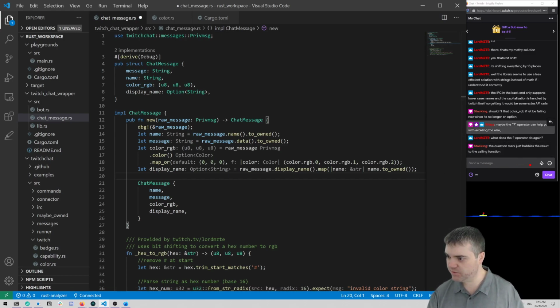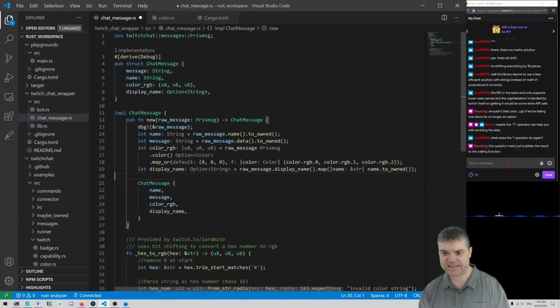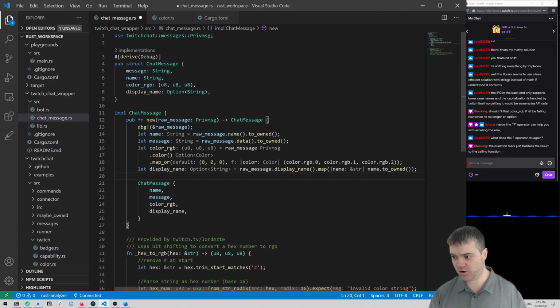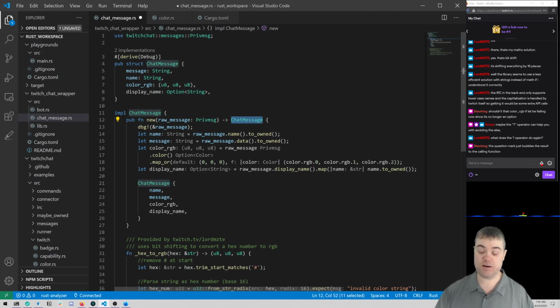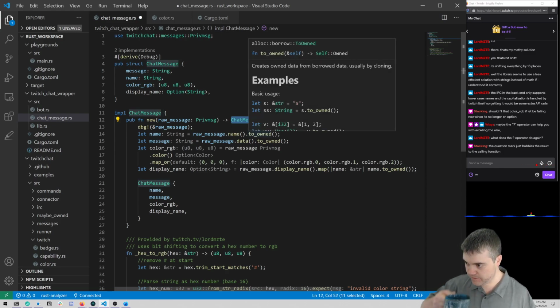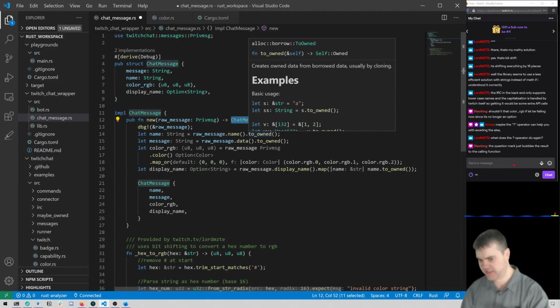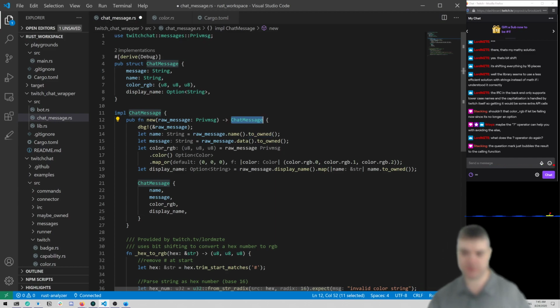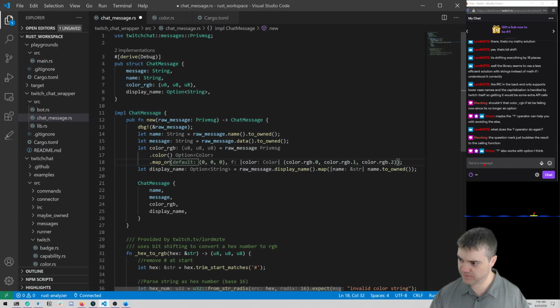What does the question mark operator do? In chat, you answer that. The question mark just bubbles the result to the calling function. Yeah, so if it's like a Result type, which is an Err essentially, or an Ok, it bubbles it up as long as I return a compatible result. And I was getting an option and not a result, but I think this map is so much better. And I forgot that you can map through options, which is nice. Question mark works with option. I don't know if I've tried that. That would be pretty cool.